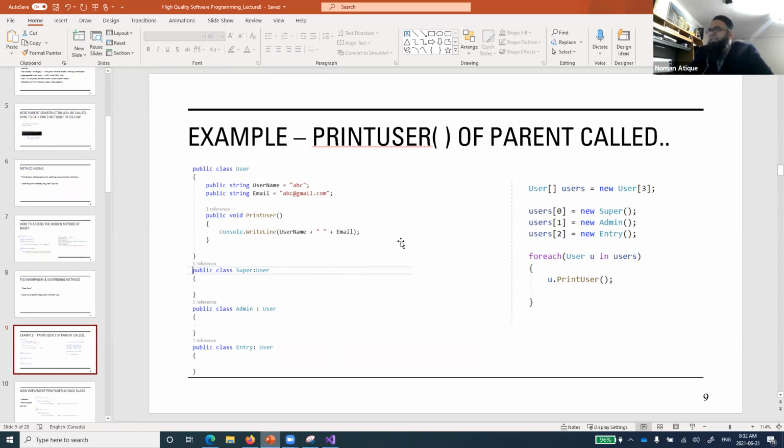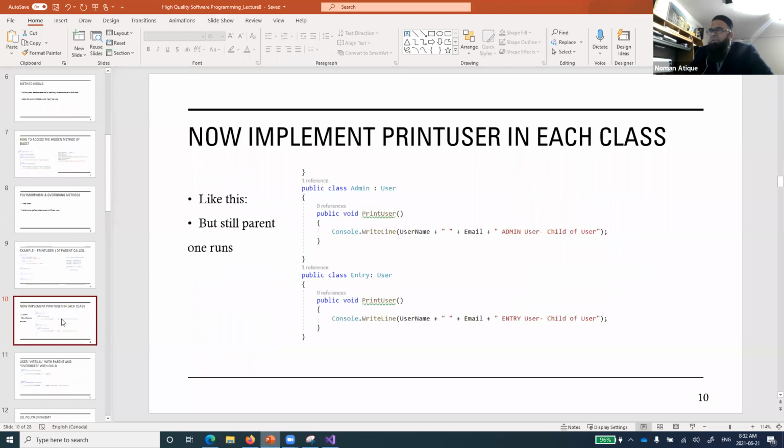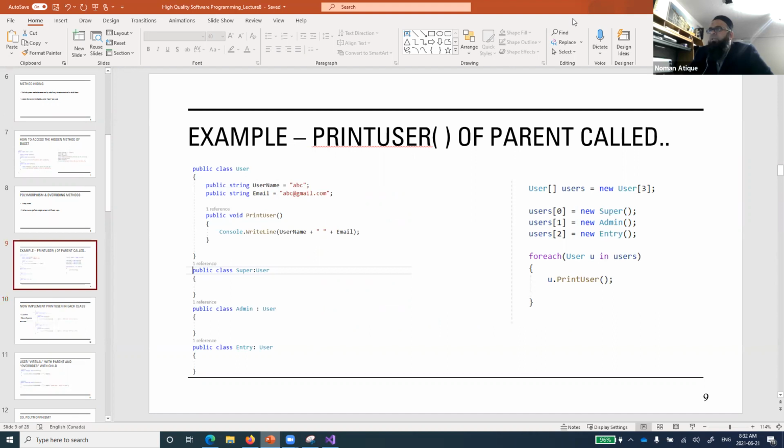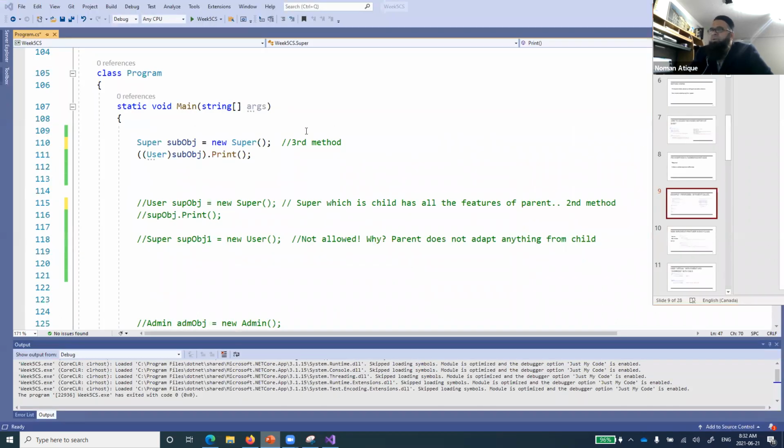Now there is an example, and we'll take this example first, and then we'll talk about what we can usually do. So let's have this example and run that.